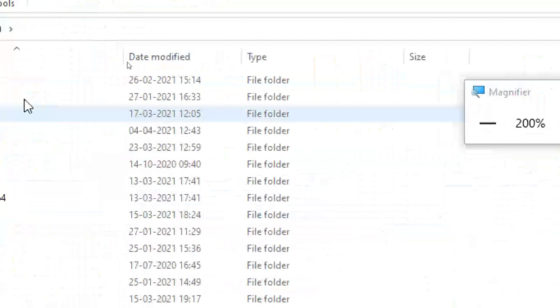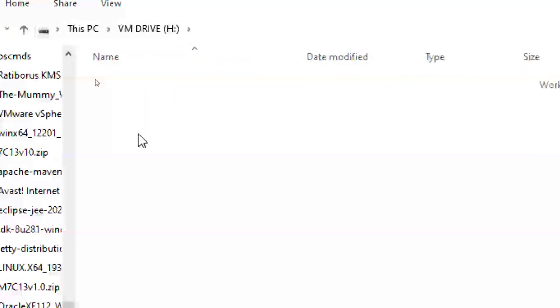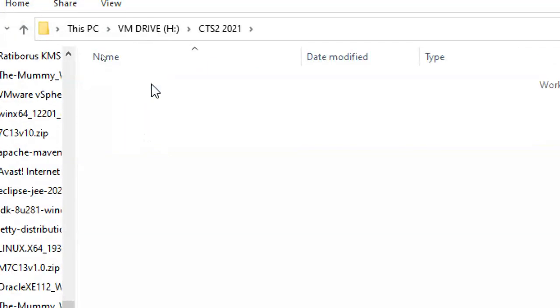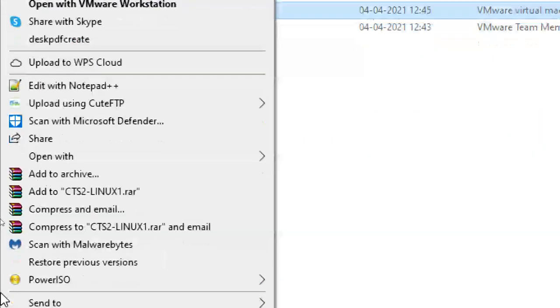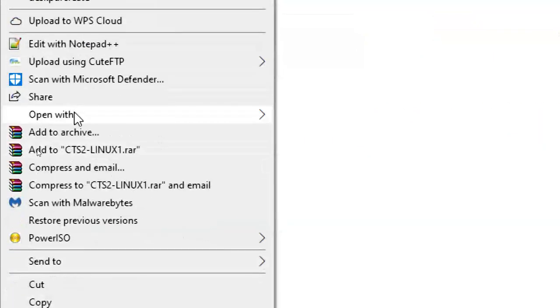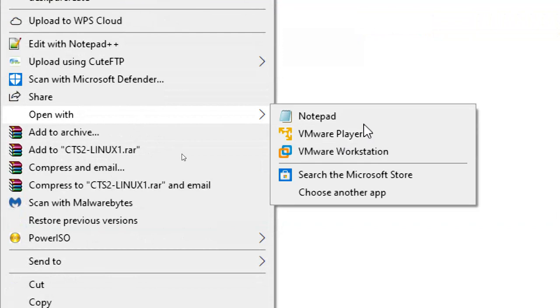So go to H drive and my CTS2, Linux, VMX file, right click, open with notepad. Don't double click it. Just click it and right click it. Then you can find open with notepad. If you don't get open with notepad, go to choose other options.